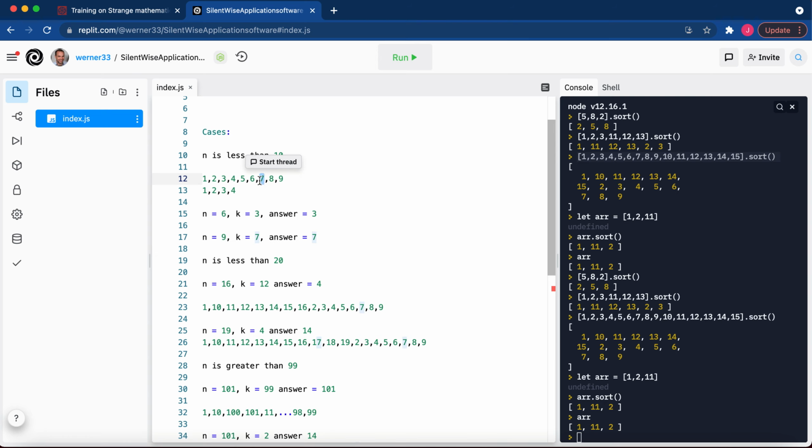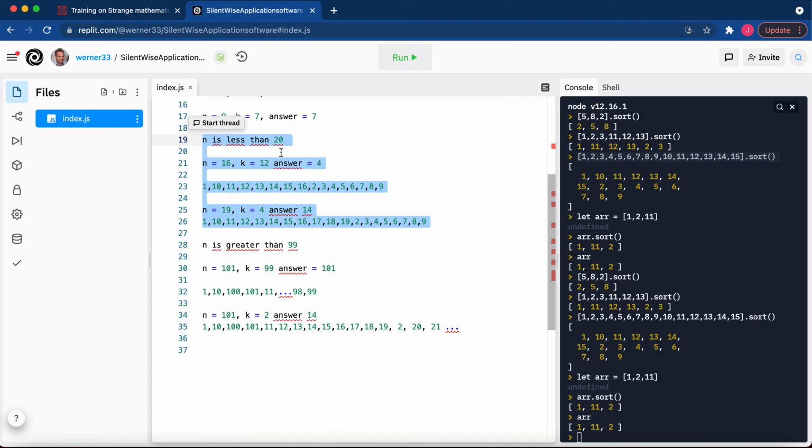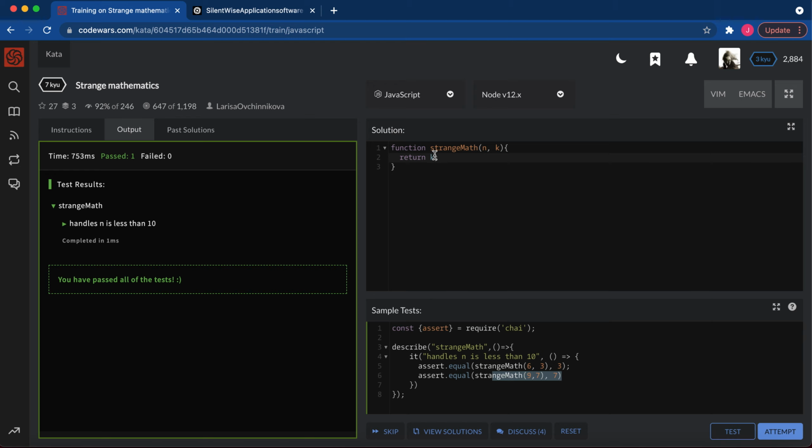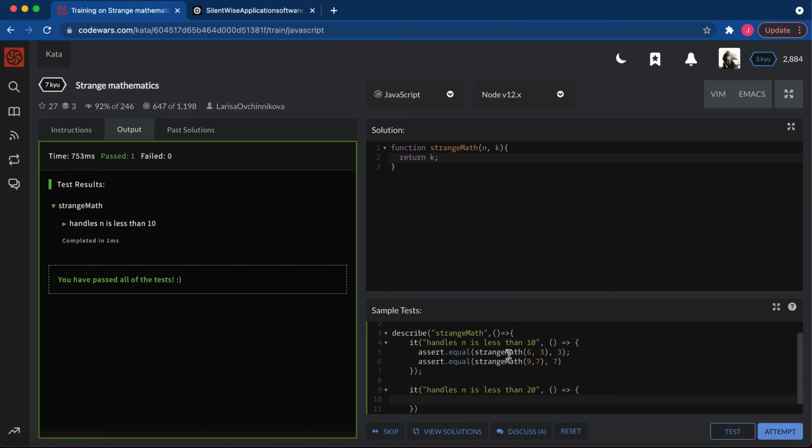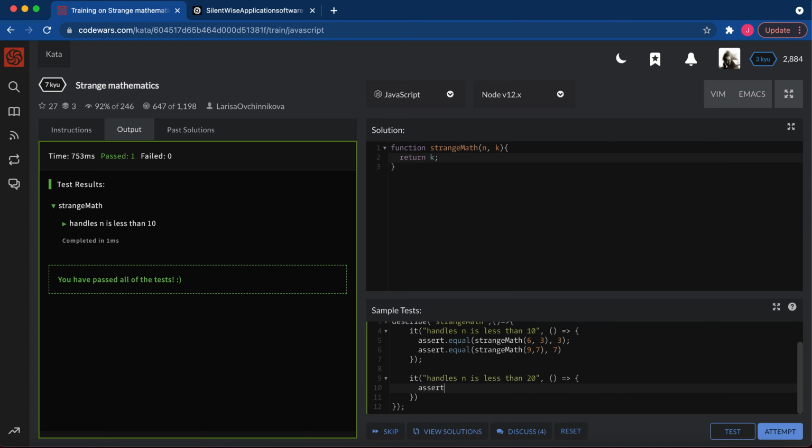So we got to get some bold or something going on here. This represents our first case here, n is less than 10. Now we're working now here, n is less than 20. So just like last time, I'm going to copy this. I'm going to start a new it block. It handles n is less than 20. Callback function, assert equal